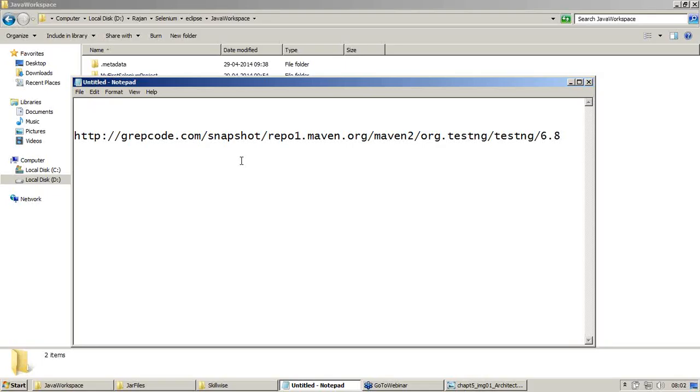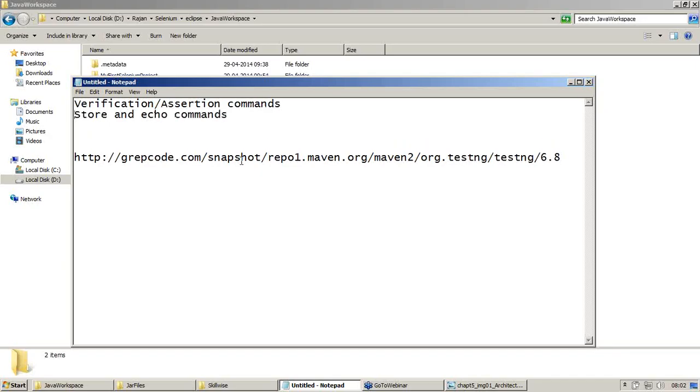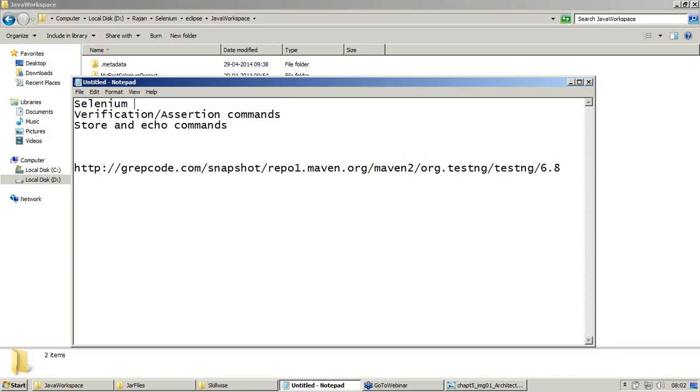Let me write it from the first. We learned verification or assertion commands, store and echo commands. These are from Selenium IDE, and then we moved to configuration of Eclipse.